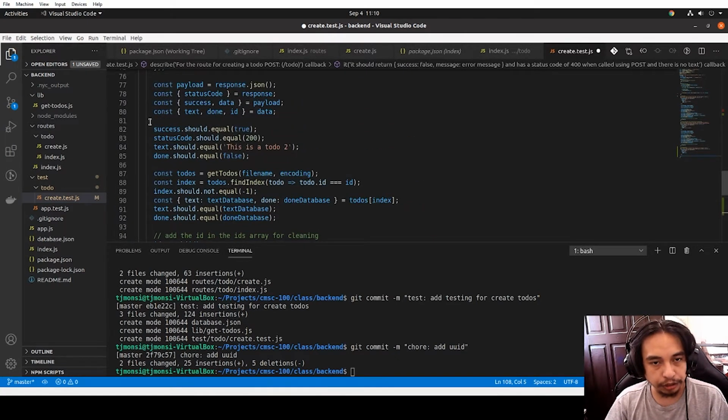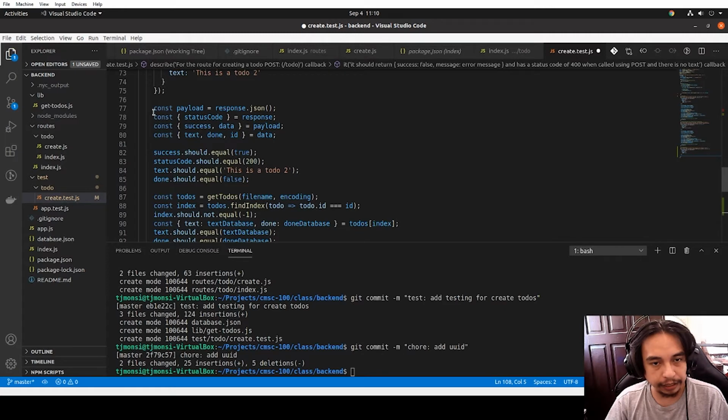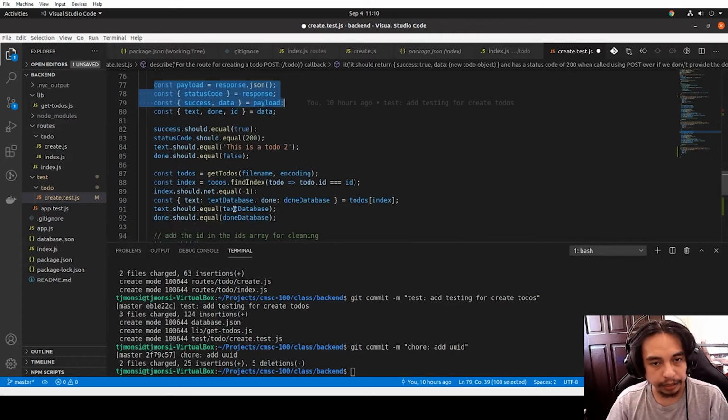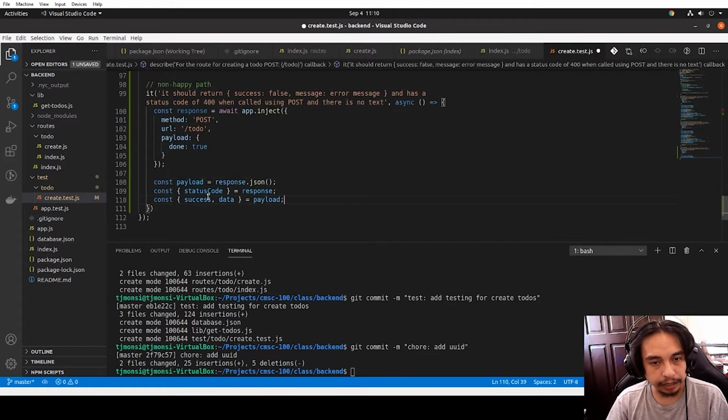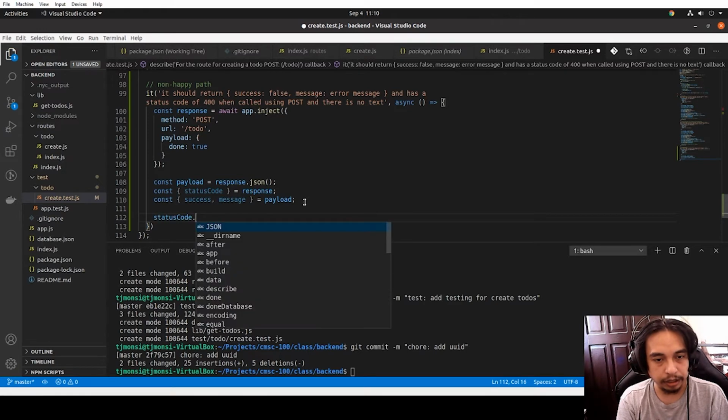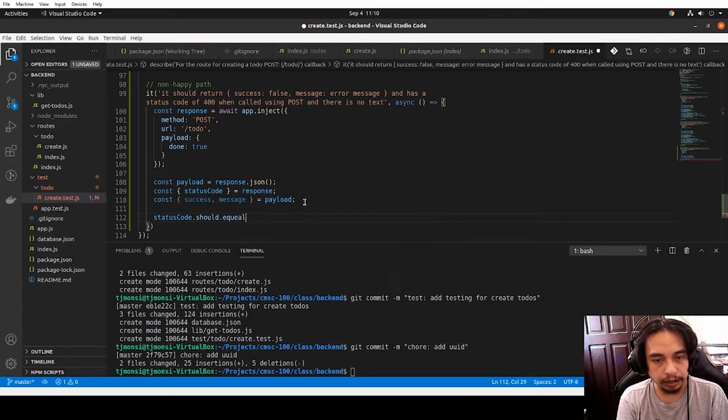What we should get is, instead of data, there's, let's say, message, and the status code should equal 400,